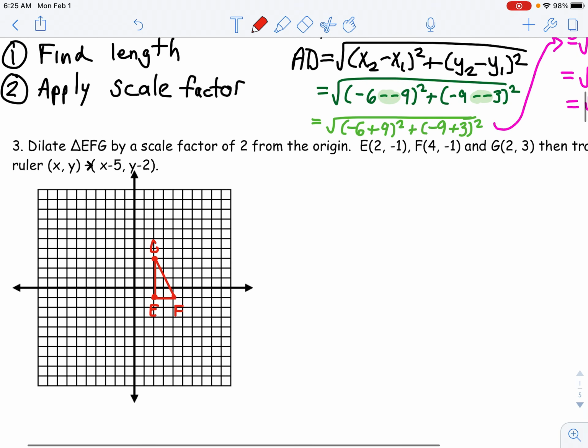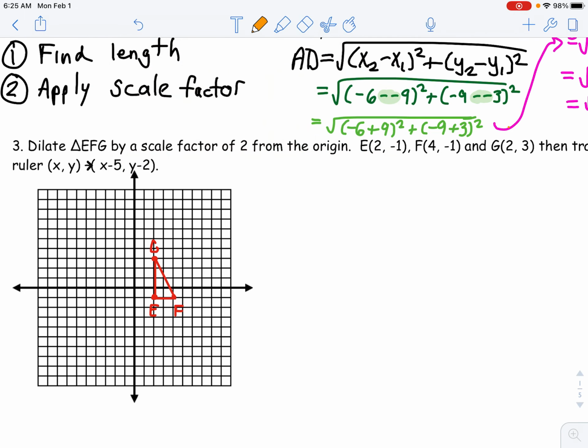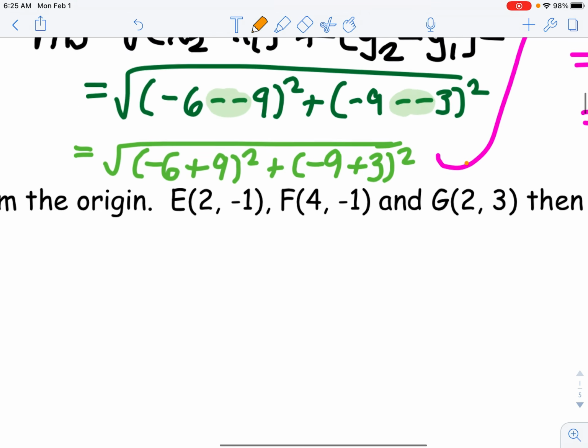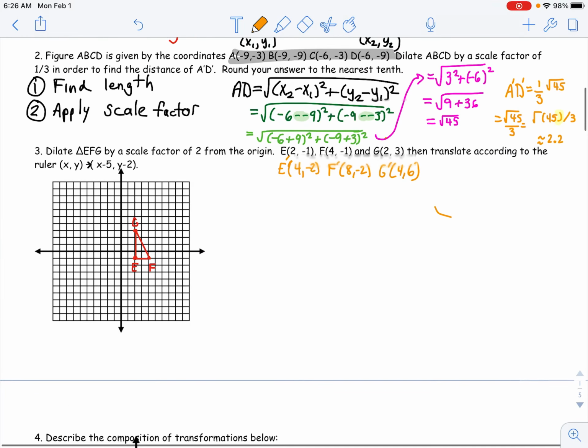All right, dilate by a scale factor of 2 from the origin, so that's the center we're stretching from, so we're really just multiplying all these points by 2. In fact, I can just focus on these points first. Say if I'm scale factor of 2, E prime is going to be at 4, -2. F prime is going to be at 8, -2. And G prime is going to be at 4, 6. All right,